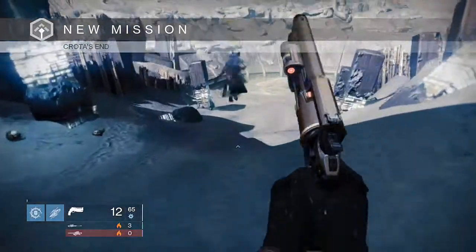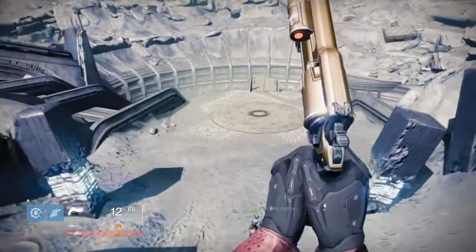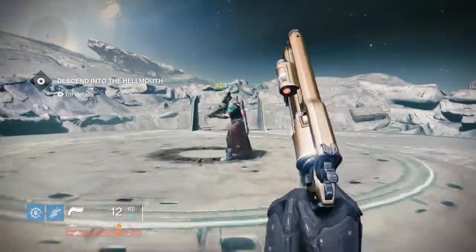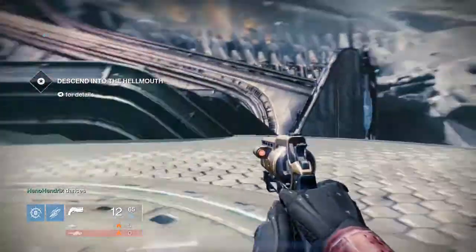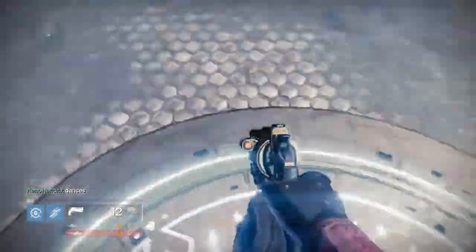So we land in here. Should have really cut this bit out, but we'll show the entire raid. So we immediately just run onto the button and wait for the bridge to build. So what we're using,